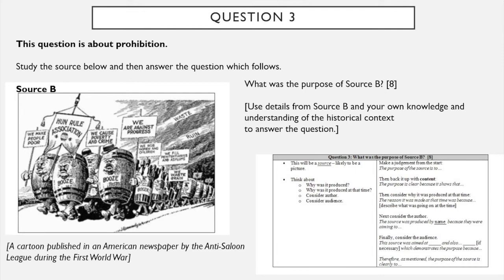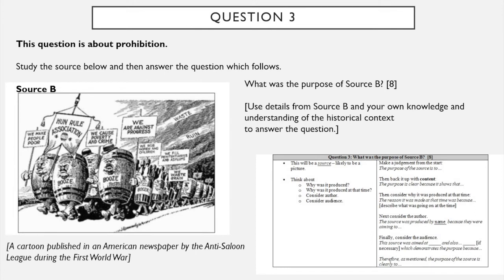Things as well, like during the First World War, towards the end of the First World War, the president banned beer production until the war ended, and there wasn't really an opposition to this either. You've got the Anti-Saloon League saw prohibiting the sale of alcohol as patriotic. Basically, they said that